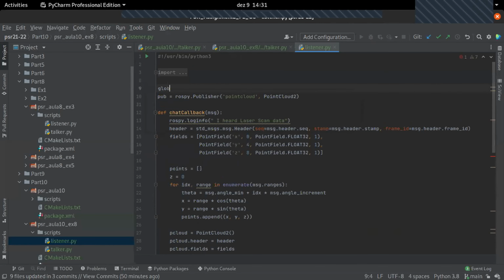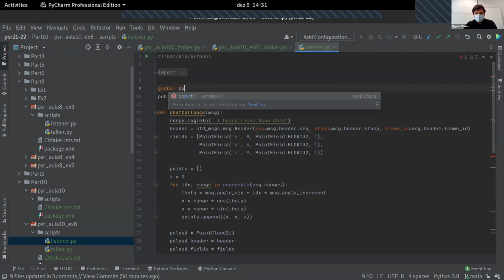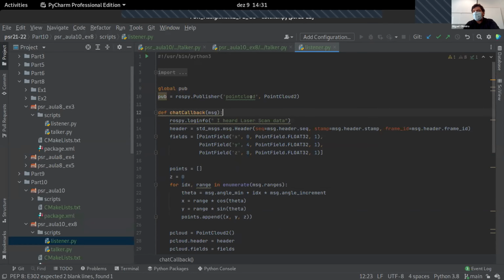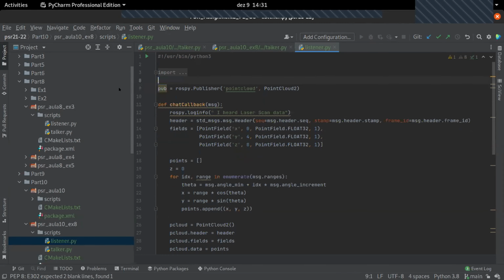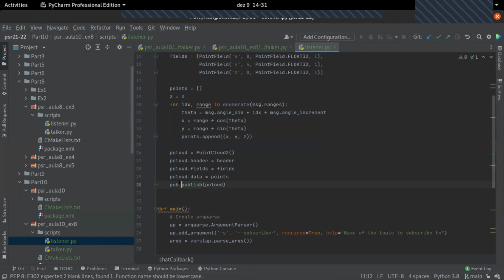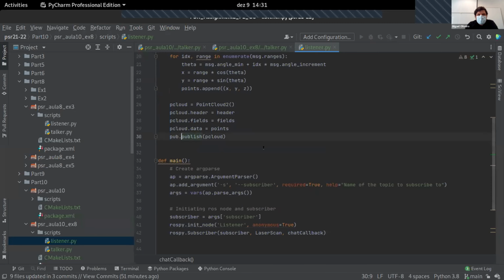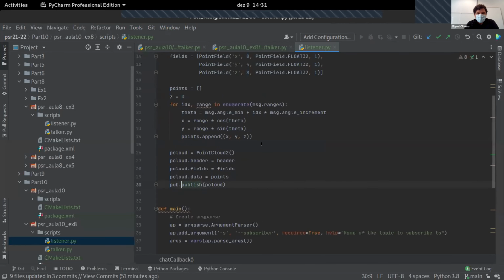Okay, and I can... point cloud two. Okay, makes sense. When you put it outside, you don't have to save. Now, okay, just a moment. This p cloud line 26. Let me just see. So I do point cloud dot... No, I do it like this. I'm going to put it on the chat. Okay. Perhaps this is what is